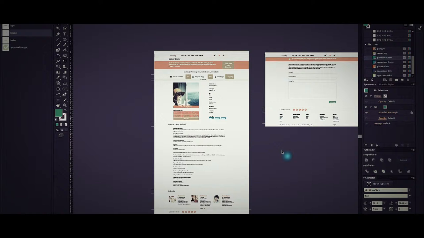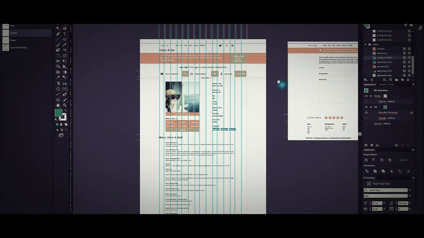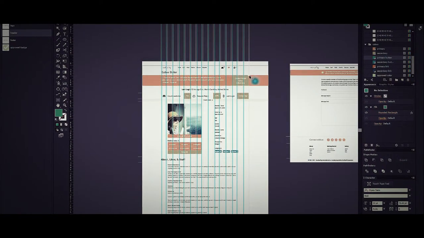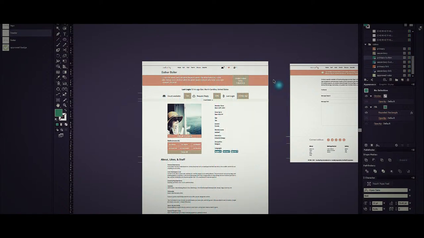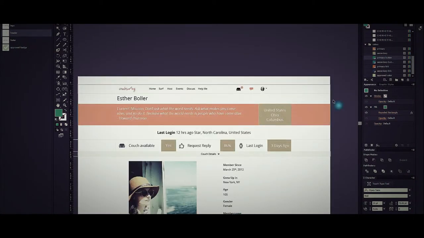So first off, I'm basically using a 1200 pixel grid, and it's a 12 column grid. Bootstrap and Foundation are both that, so that makes it a little easier to translate when going into prototyping. So that's how things are started off. But yeah, things that make life a whole lot easier, starting off, would probably be